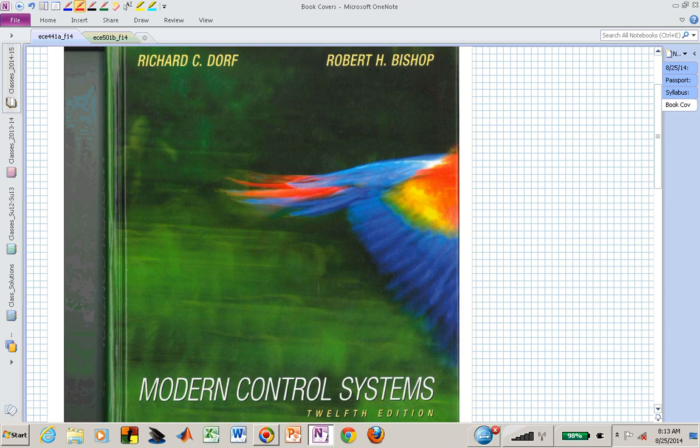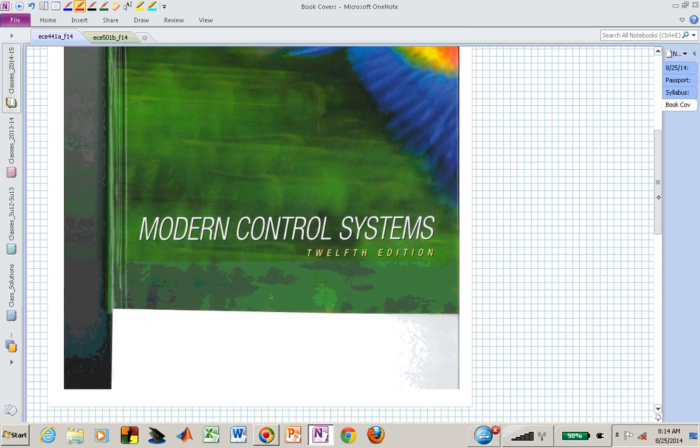If you have an 11th edition or a 10th edition, it's probably fine. A lot of the core material is the same, but the question or problem sets might be different, or they might be numbered differently, so you'll want to make sure that you're working the correct problem that will be assigned or coming from the 12th edition. If you're in 541,